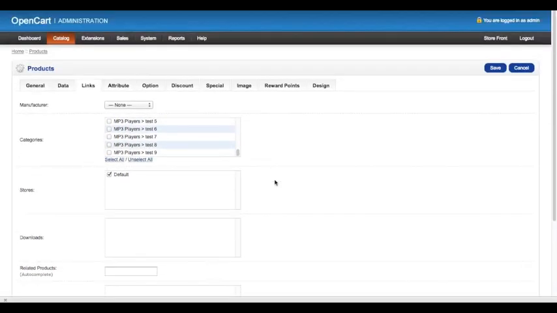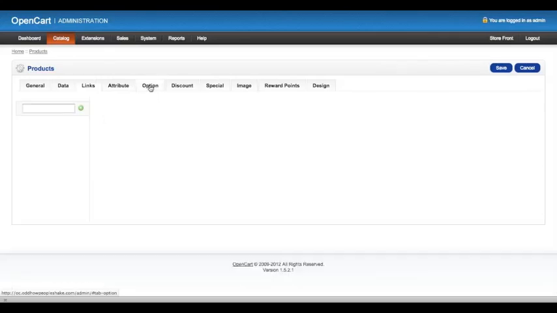Next, let's go back up and skip over the Attribute tab and go to the Option tab. Now this will start to make sense why we jumped around a bit earlier. Let's carry on the example of t-shirt sizes that I created earlier. To add an option to the product, click on the input box to the left of the green circle with a plus dot inside of it.